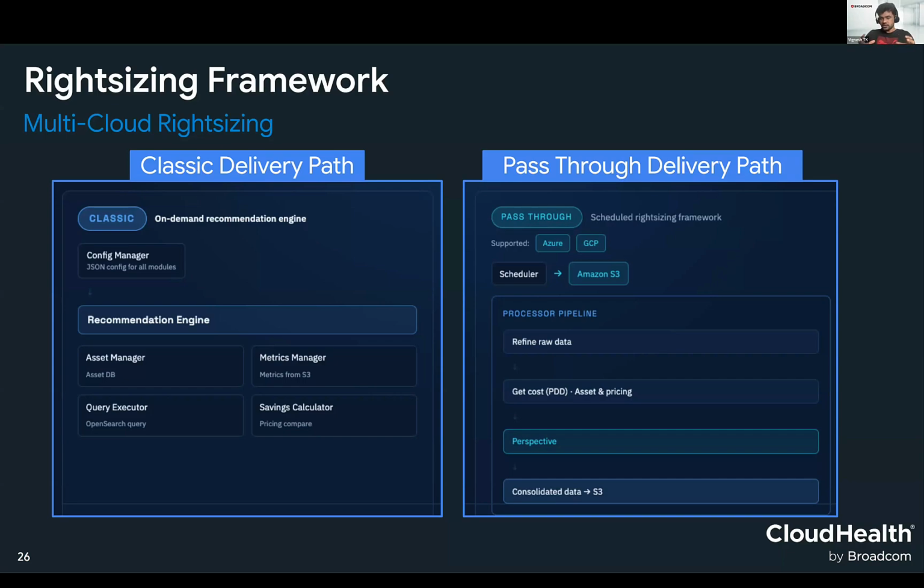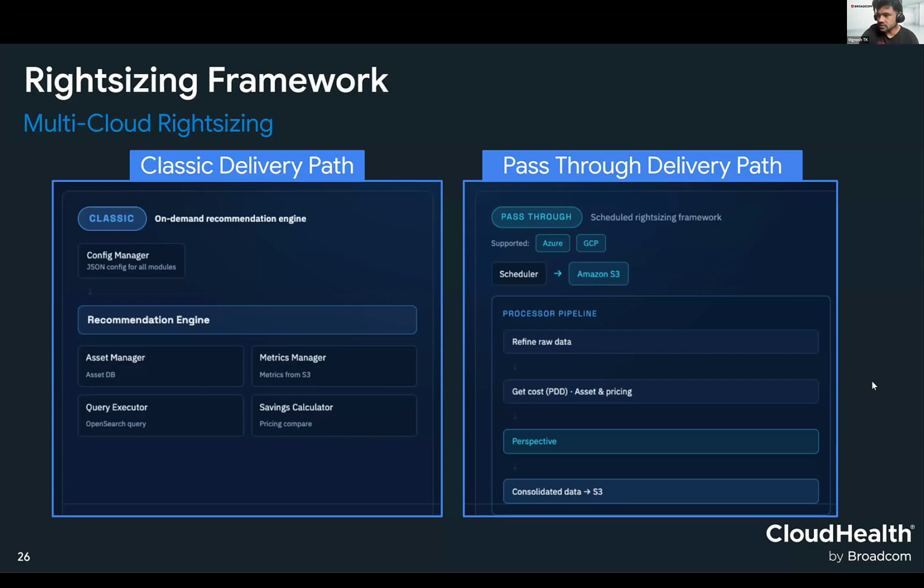We also give a perspective support on top of that recommendation, and post that we can create it as a data set, and the data set is going to be common across all the clouds. Currently it is for GCP and Azure as well. In future we are thinking to add AWS also. And we also support a drill down feature and a navigation to the asset property routing as well. That's pretty much the right sizing framework.